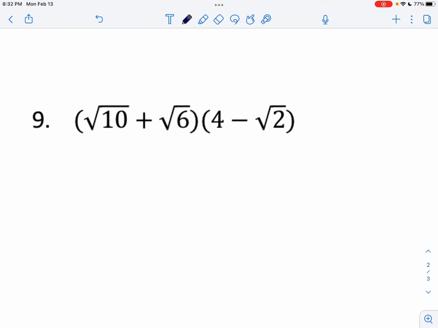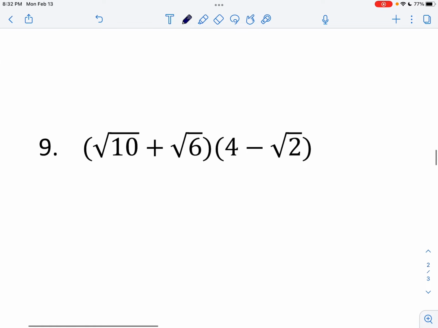All right, number 9. Now we have lots more stuff going on. We have 2 binomials multiplied together, so this is just like your FOIL. You are going to FOIL, which means you are going to multiply the first terms together. So 4 times radical 10